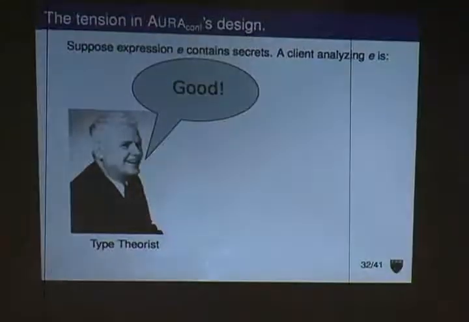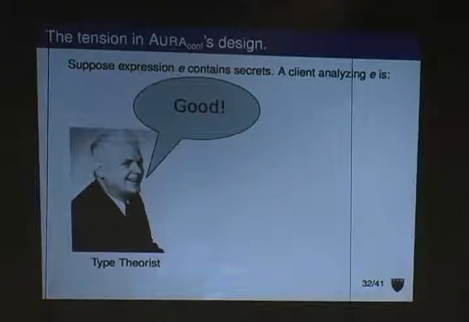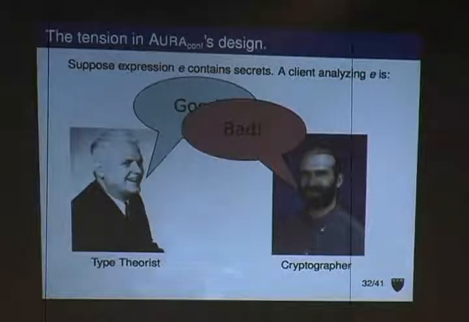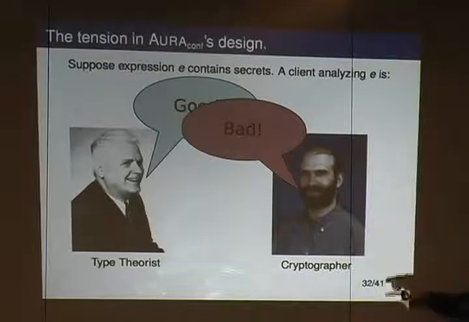Well, if you're a type theorist, the answer is yes, it's great. You're going to want to take this expression that has secrets. You're going to want to throw some fancy analysis at it, maybe information flow. You're going to want to take this thing containing secrets and look at it as deeply as possible. If you're instead a cryptographer, what you say is, this thing has secrets. We should make sure that we do something to it so that it's computationally indistinguishable more or less from noise. We want you to not understand anything about the secret. And so there's this tension here between how programming languages people and how cryptographers might view secrets. And by the way, that's Alonzo Church and Bruce Schneier.